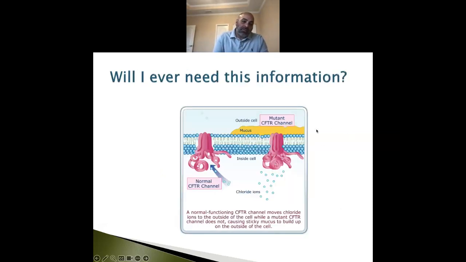So, transmembrane proteins, this little simple structure: if it's messed up, this is cystic fibrosis. If it's messed up, we're messing up one nucleotide basically in the DNA, which changes one nucleotide in the RNA, which changes one amino acid in the protein structure. That's all we're changing. One amino acid in the end.